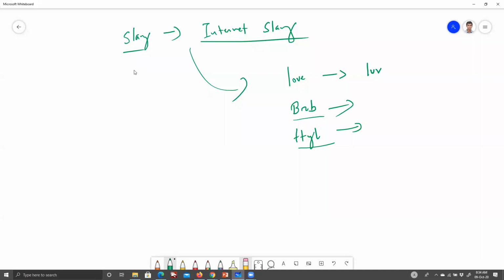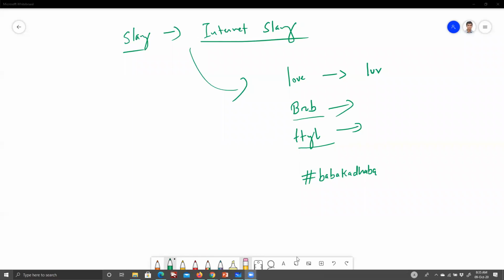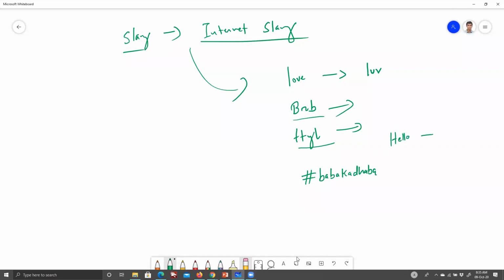Then there are special symbols like hashtags. So you might have heard about this news, and people started using this hashtag, I think two days ago. That was a very positive story on social media, to be very honest. But if you think about it, these hashtags again can cause a problem because this is a special symbol and it doesn't really contribute to the meaning. But that becomes a trend at the end of the day. And yes, we do sometimes use special symbols. So hello can become like this.